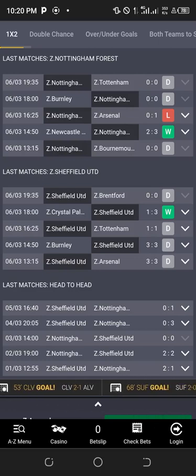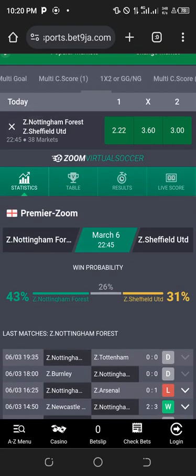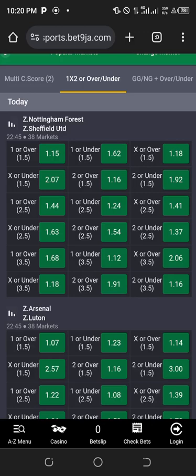So what you're expecting here is over 1.5, or you play this option. This is the option you can play. This is the easiest option you can play. This chance miss or over. Chance miss or over, that is, which means draw or over 1.5. This is the best option you can play on this. Let's check another